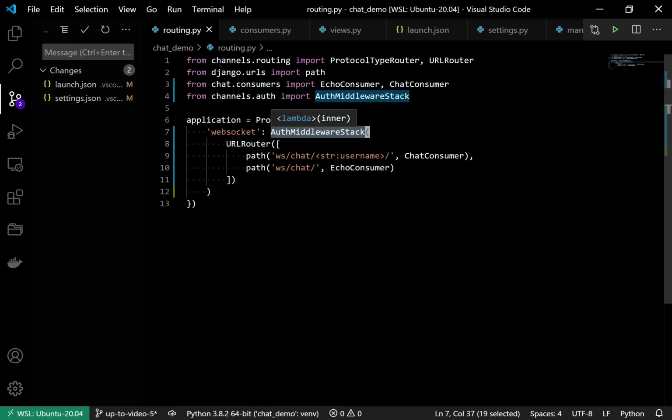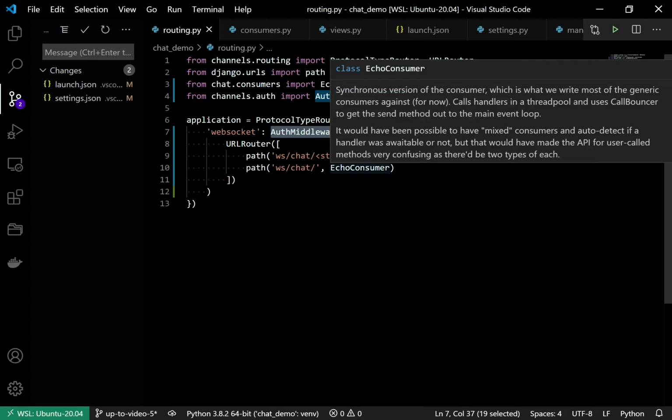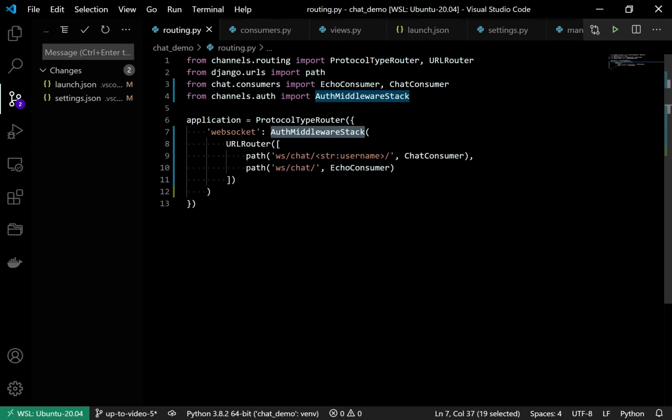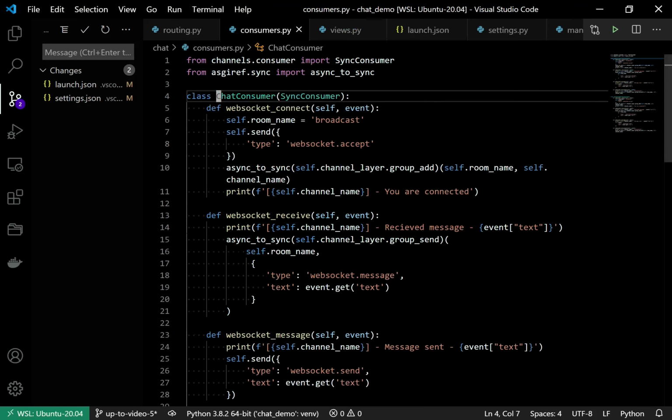So now we will have two things available in the consumer: the username of whom I want to talk to, and the user, which is my account because I am logged in. Okay, so let's go to the chat consumer. Now we are ready with a new route and a new consumer, but the functionality is still as it was.